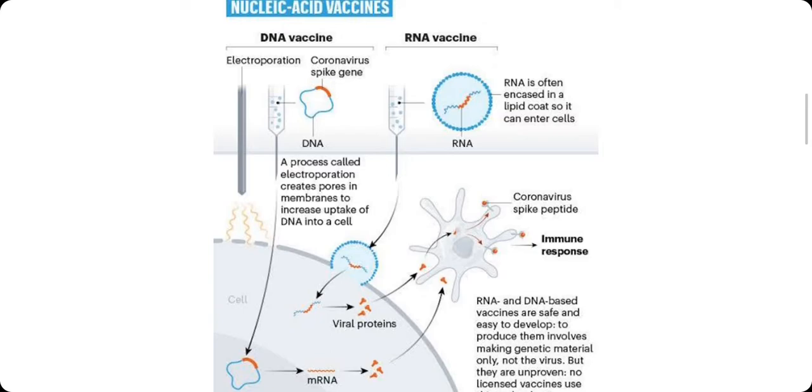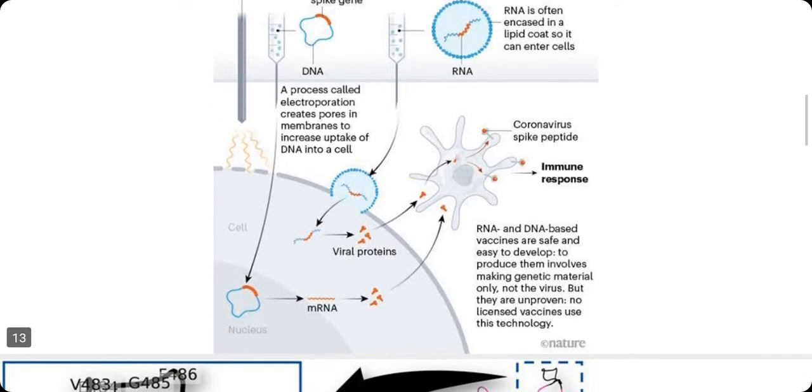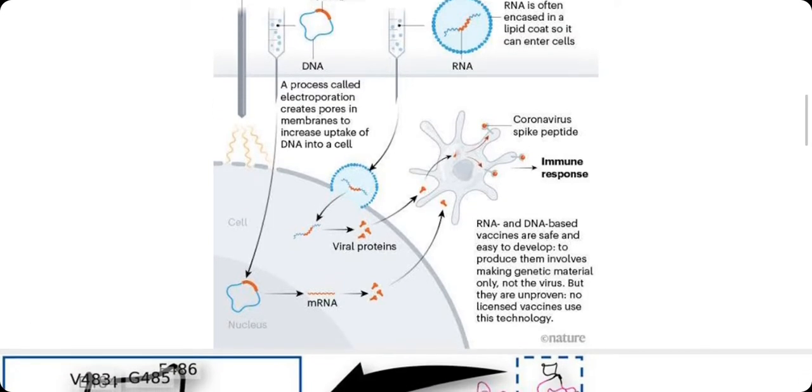They call it mRNA, this messenger, and then it goes inside the cell, and then it goes to the ribosome, and in the ribosome it is producing spike protein. Spike protein is a marking